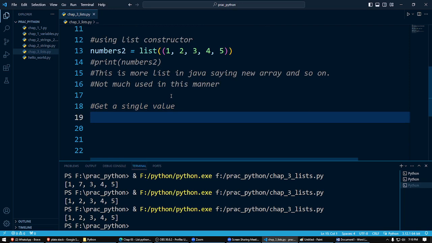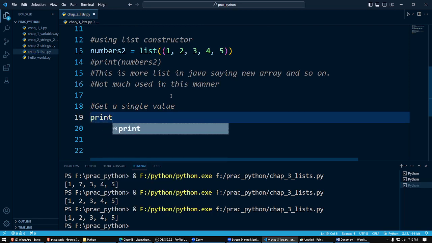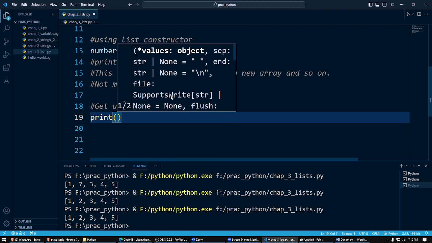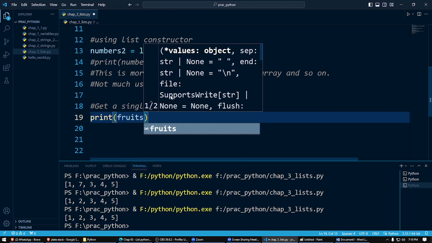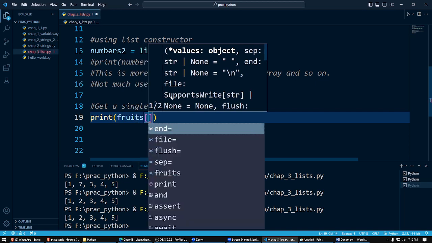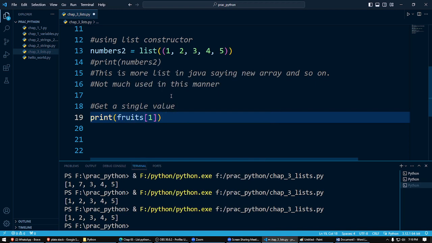On the computer screen, if you want to print something, we can make use of the print command. And the name of the list is what? We have two lists, so we'll work with the fruits list, and you open the square brackets, not angle brackets, and inside this one you can give the index number. Now when you give the index number, index numbers start from 0. Let's see,